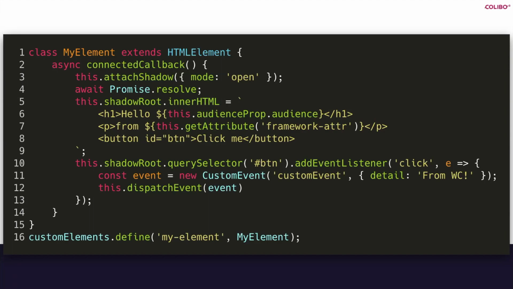So imagine that this element is like a favorite element or something, so that I get some initial state, and then whenever I'm clicked, I'm just going to emit a custom event saying the favorite has been toggled or something, and then the framework code, your Angular code or your React code or whatever, could then listen for that event, and then do the business logic and actually fire the request off to the server or save it in the database or whatever. So this is the example element that we want to use from inside of our frameworks.